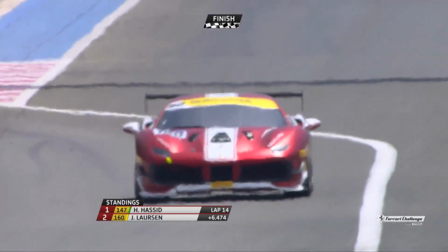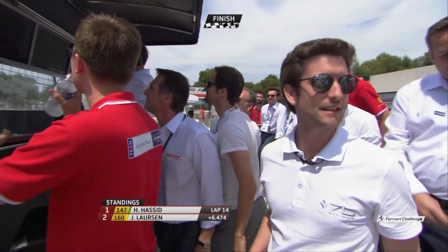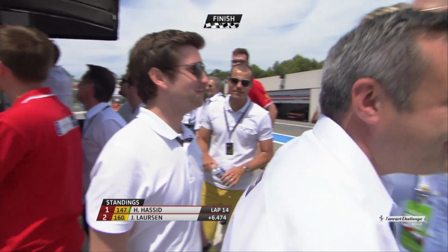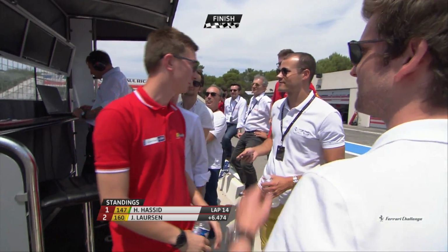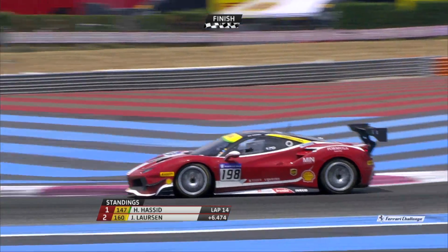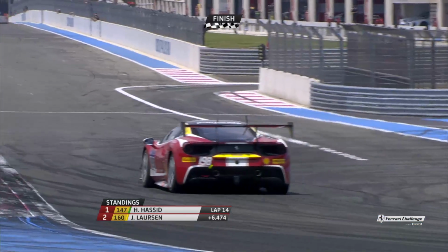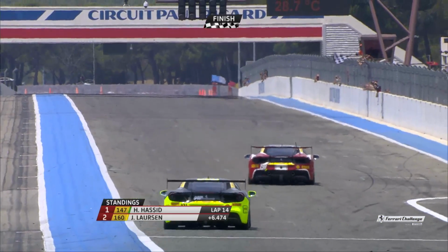So there is Johnny Lawson, and now make yourself a sandwich before we get to P3, which is Eric Chung, he is some 30 seconds down on the top two. So it will be some time before we see Eric Chung cross the timing line. In fairness, here he comes, one bend to do, and Eric Chung will take P3, Eric Prinot will take P4,